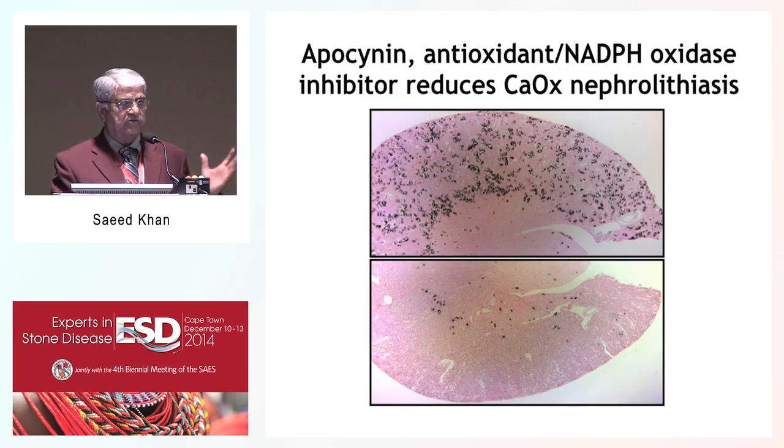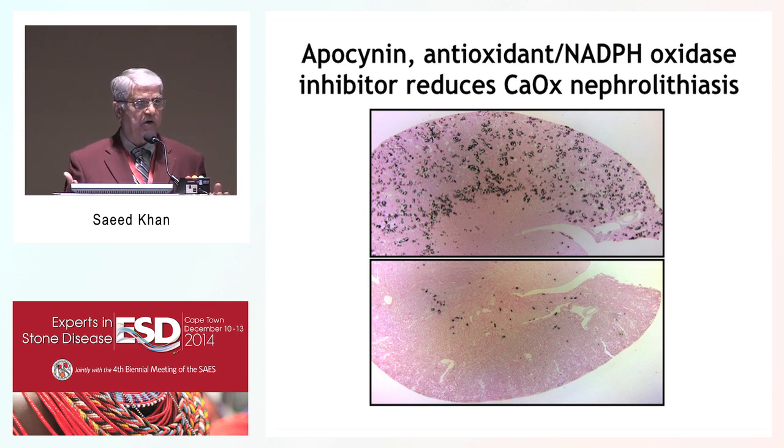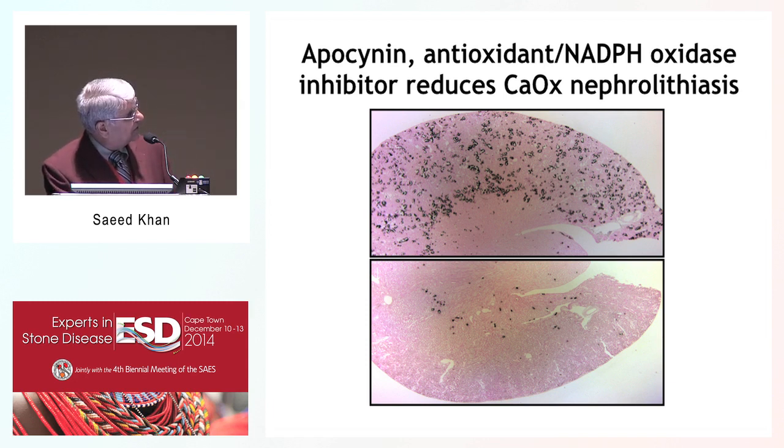Now, those were tissue culture studies. Then you move on to the animal models, which is generally the rat. As I have said before, in the rat model you induce hyperoxaluria, and they produce calcium oxalate crystal deposition. But if you also treat them with antioxidants, like apocynin that I showed you before, and some others like vitamin E, then crystal deposition is reduced. In this particular case, the rats were treated with apocynin, which is an antioxidant and NADPH oxidase inhibitor, and you can see the difference. This is untreated by apocynin, here is the treated one, and it reduces the deposition.